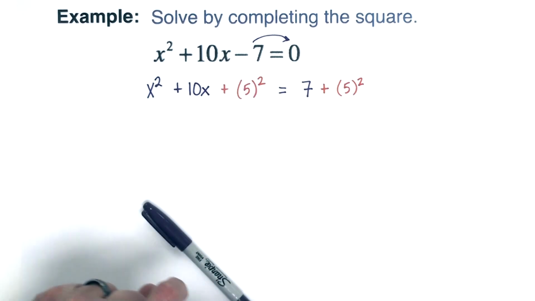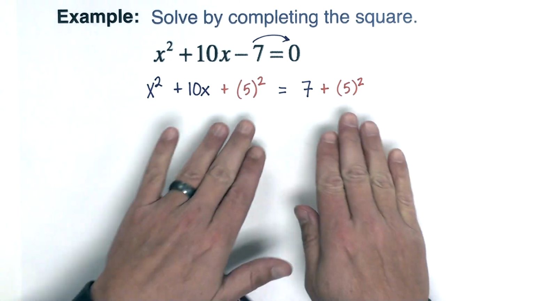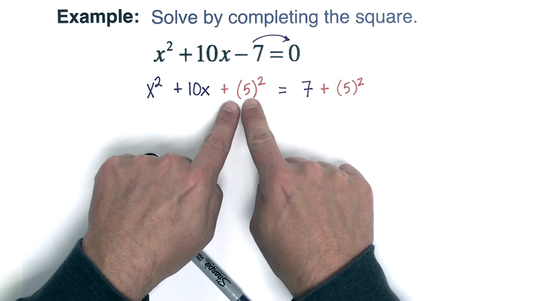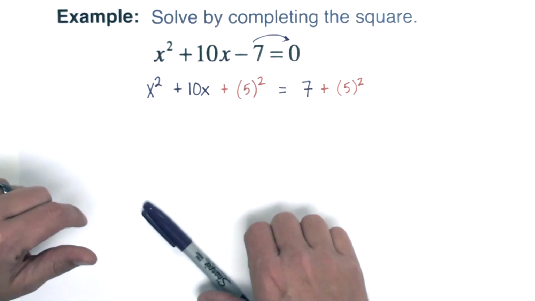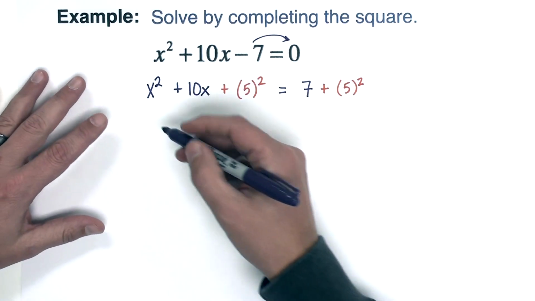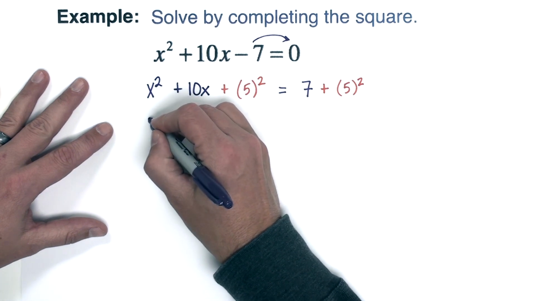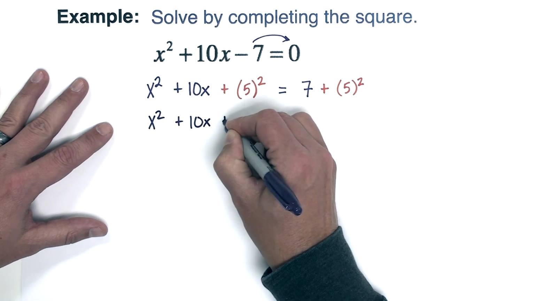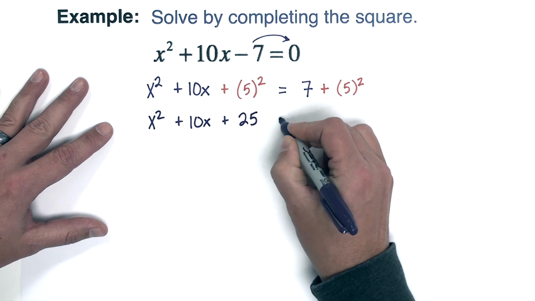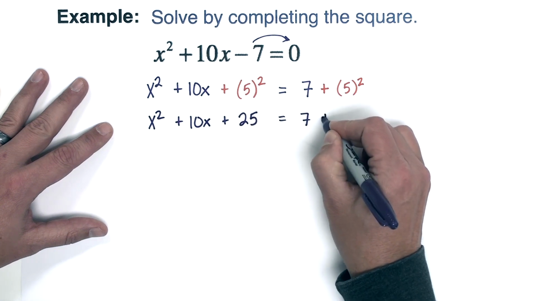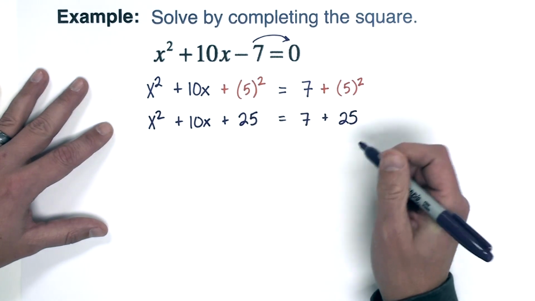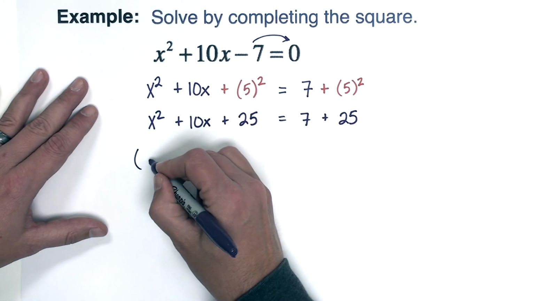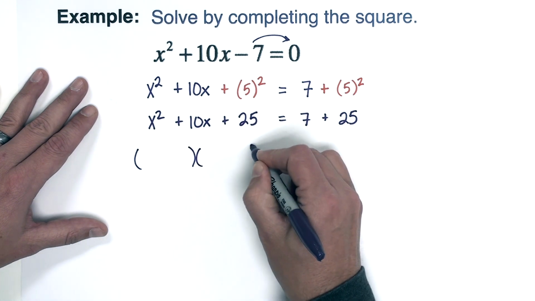Okay? I can add anything that I want as long as I do it to both sides, but if I specifically pick this number, half of the 10, it's going to make those factors for me, which is what I want. So now this is going to factor, so rewrite this if you want. x squared plus 10x plus 25 equals 7 plus 25. I sometimes don't write this step because my next line, going to my factors,